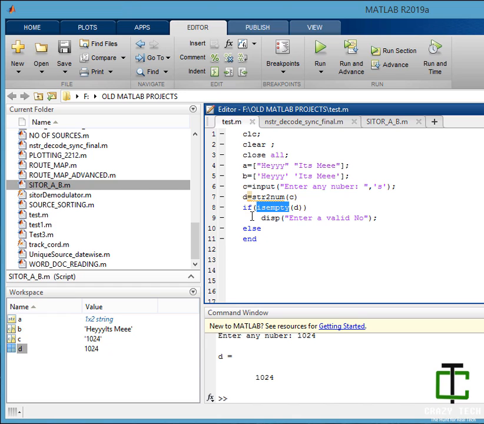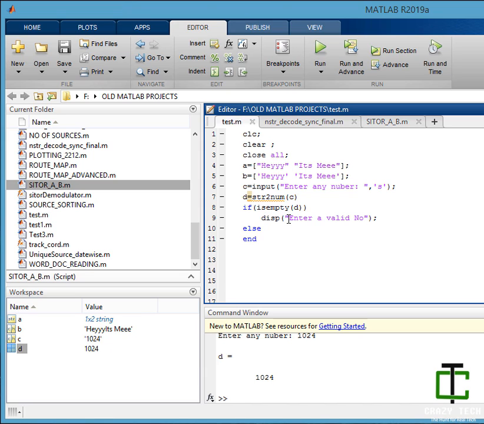Now let's say to show user output, so I have been using this function many times. It's the display function. You can show the output of any variable using display.